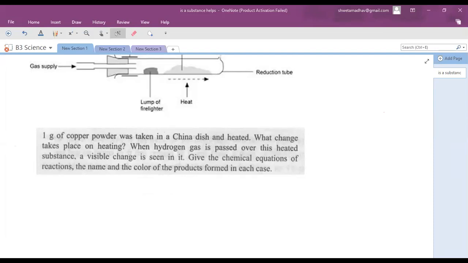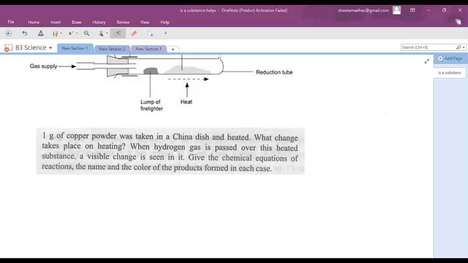No. Again, there are some few more questions in that. Check. Actually, totally there are 6 questions. So you need to write 6 answers. 6 questions are there, and only 3 lines. Tell me what are those? All carry half marks. One can be give the chemical equation of the reaction, and the name is another question, and the color of the product formed in each case is another question.